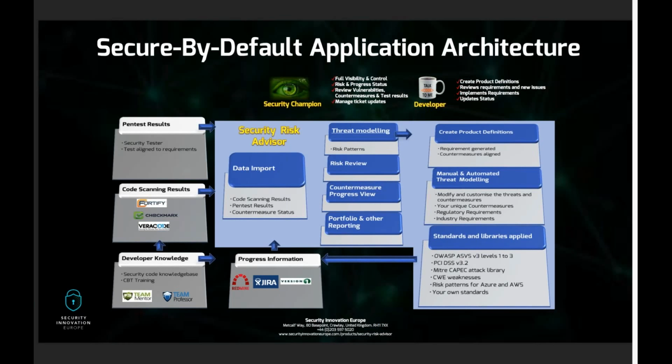With all this information accessible in a single location, it provides a risk management framework of tools, processes, and practices to deliver applications which are security appropriate, and delivers management with information about their applications in terms of progress, risk profiles. It enables security champions to have full access to all areas of the life cycle and input and influence on that. And it provides the developers with the tools and resources they need in order to get the application code correctly